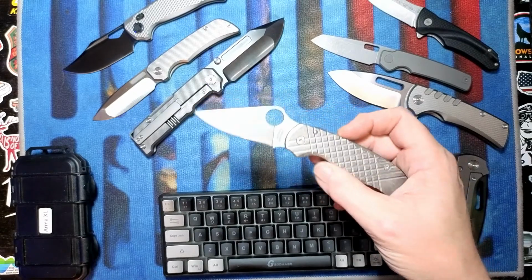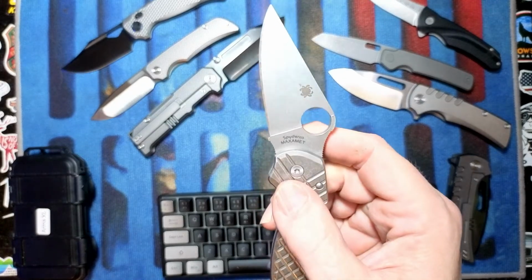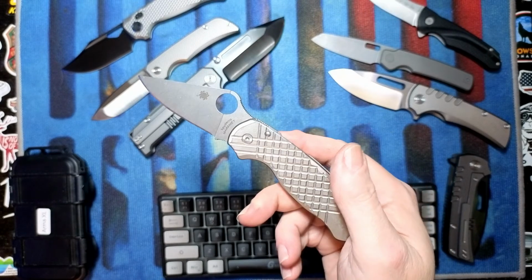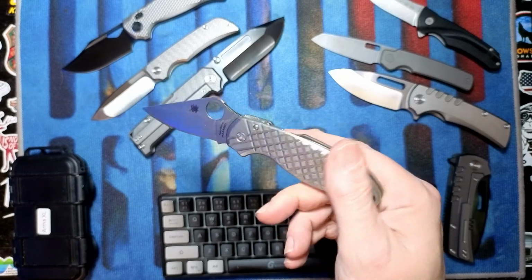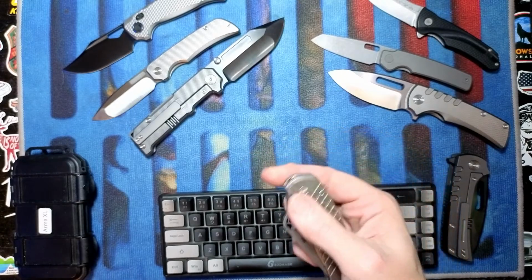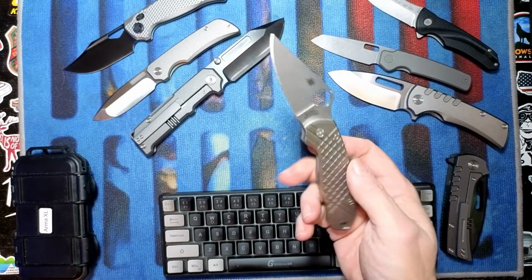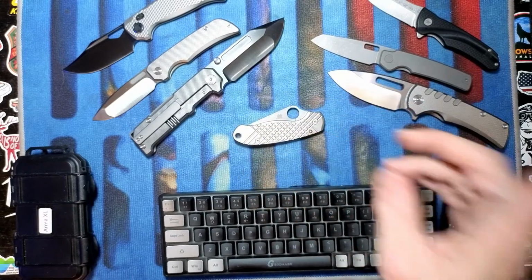There's my PM3. I didn't want just a standard steel, so I got this one in Maximet, and then I bought these scales off of Knife Swap. They were barely used at all. Yeah, I put this one together for probably $180, $175, and I love it. The Clydesdale's a cool knife,